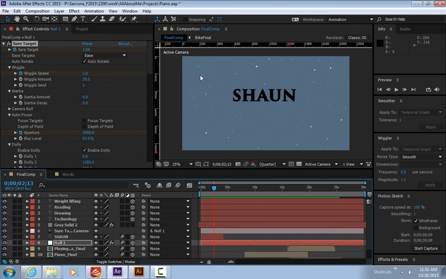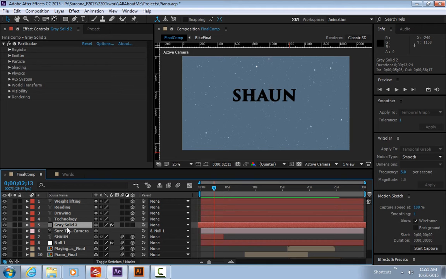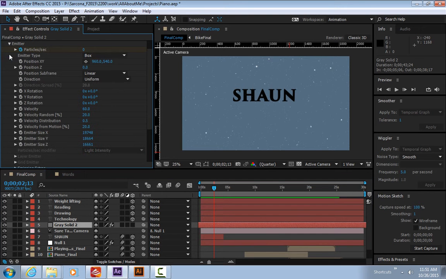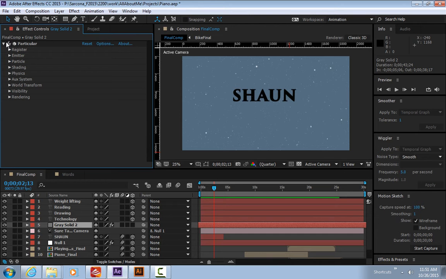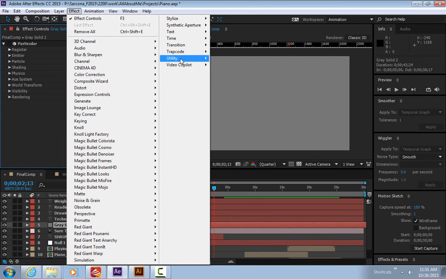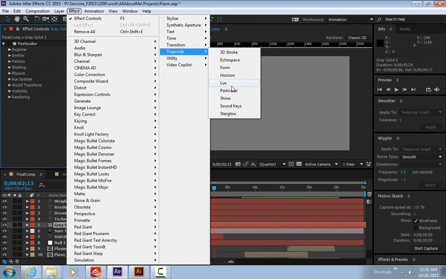All right, so I'm going to show a couple things here. One, how do we get this stuff that's in there? All of that stuff is Particular. So just like before, when I showed using Particular to create the cards, where the cards flashed out, I'm doing the same thing here, but on my emitter, I've made it a box emitter. So I'm just going to turn this off. There we go. And then I'm going to make a brand new one. So I'm going to go to Trapcode, I'm going to go to Particular,